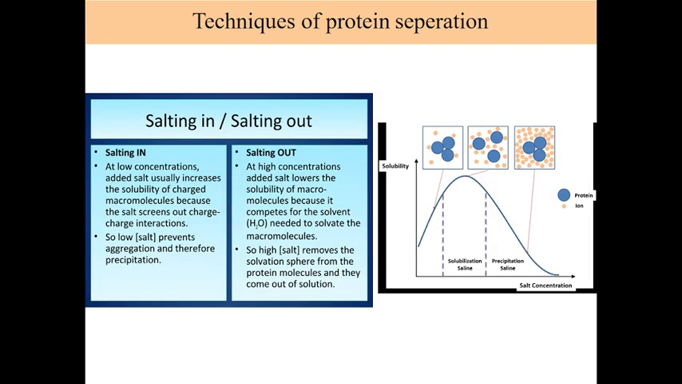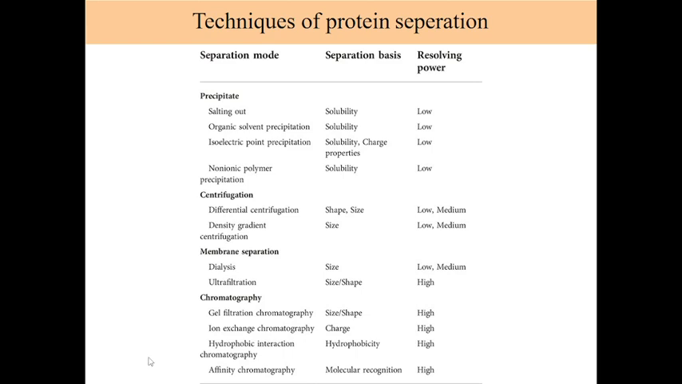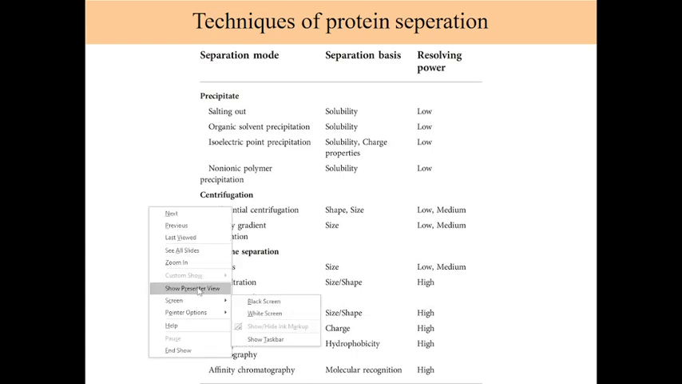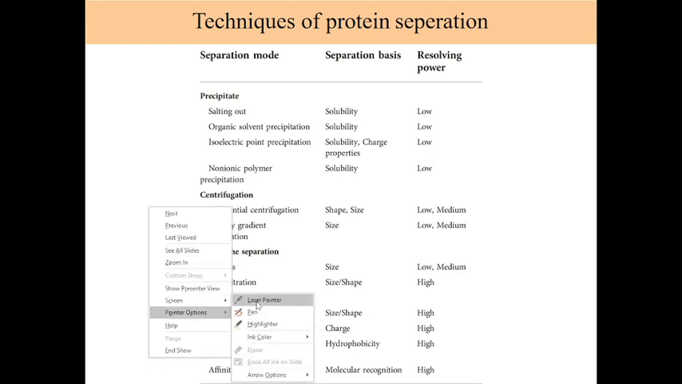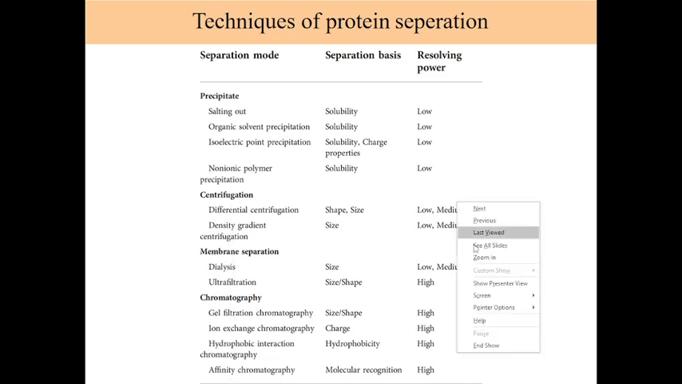And then there is density gradient centrifugation. So what happens in density gradient centrifugation is, you might have heard about cesium chloride density gradient centrifugation. So what happens in that is,